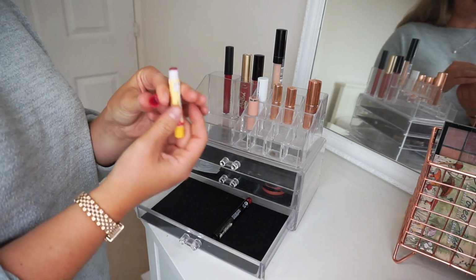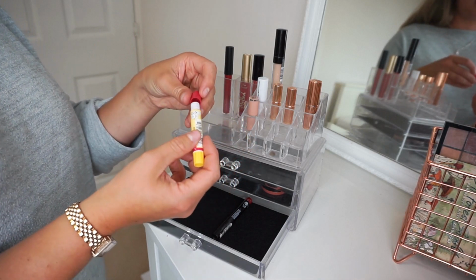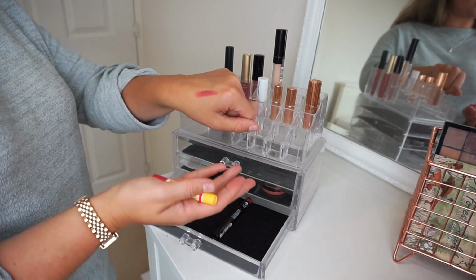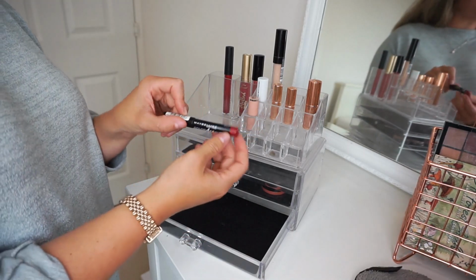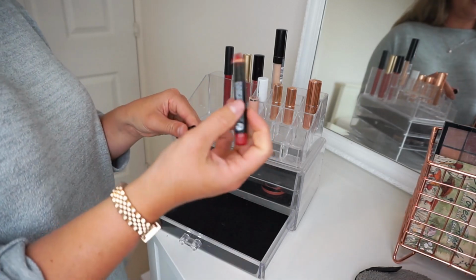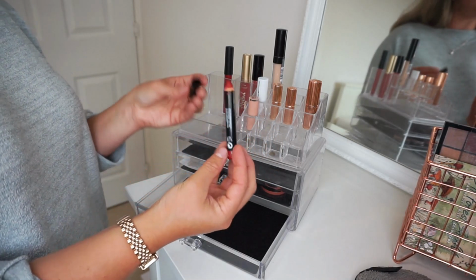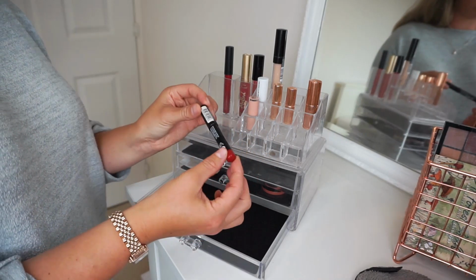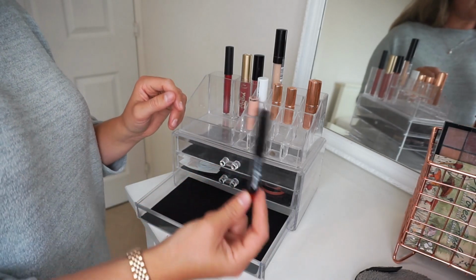And then this is definitely a give it to someone who will appreciate it more. This is a Burt's Bees lip balm, but it's tinted in the shade Rhubarb, and it's just not the right shade for me, so I'm gonna give this away, but love Burt's Bees. And then last but not least, we have another Maybelline product, so this must be incredibly old, and it is a red Colour Drama Intense Velvet Lip Pencil. I'm gonna give this away, or I might throw it away. It's really old. So, yes, no longer necessary in my